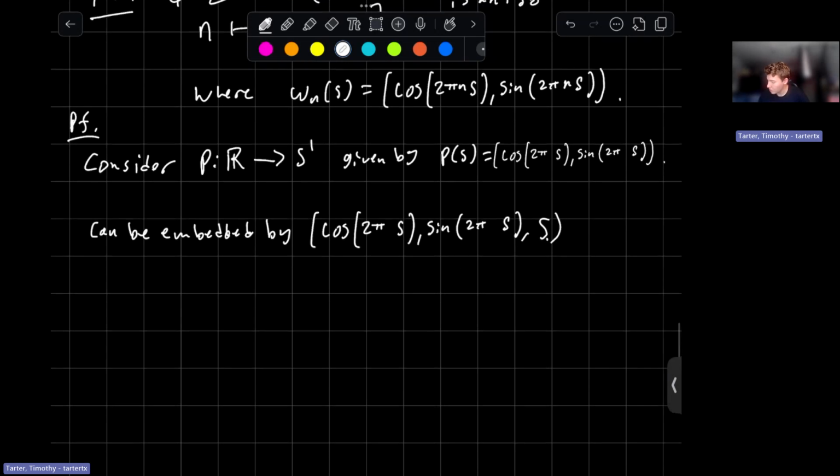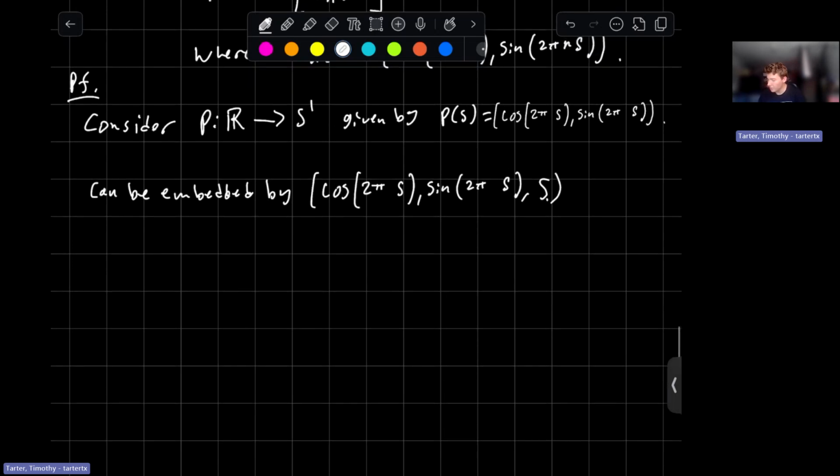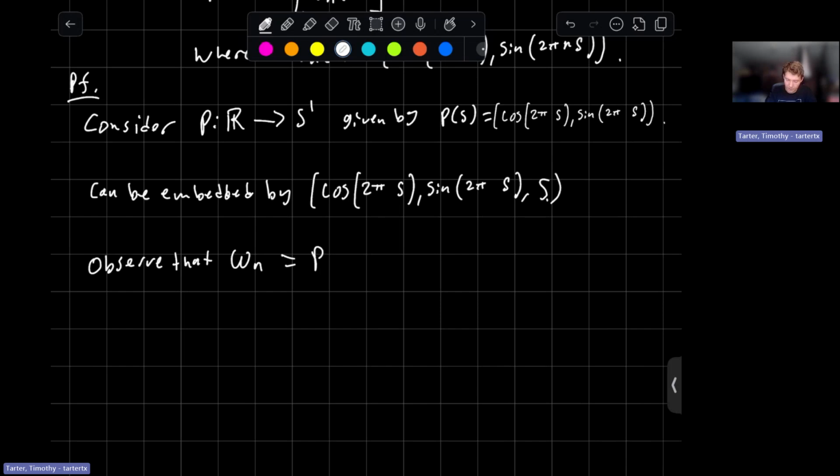And so then P is the restriction of the helix to this projection onto R2. And so observe that the loop omega n is equal to the composition P omega n tilde,